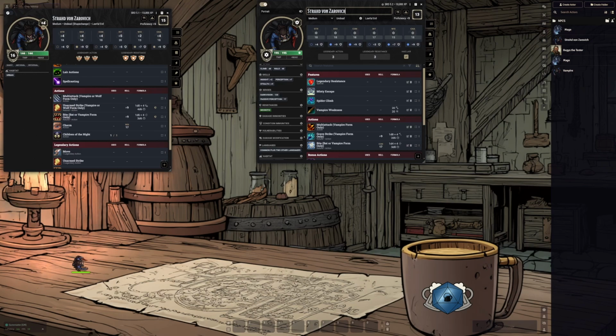Strahd von Zarovich. And then let's do the same thing. Let's up his CR to 15. We're going to up his intelligence to 20. We're, again, leaving everything the same. You'll see that everything pretty much stayed the same from the previous version. You'll also notice the changes